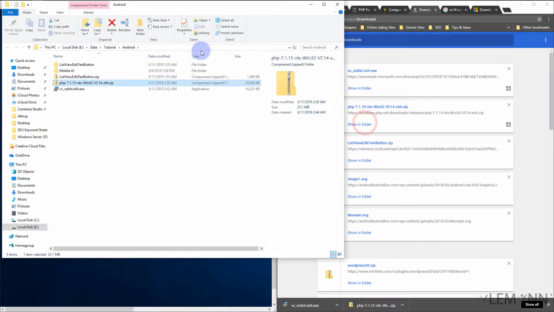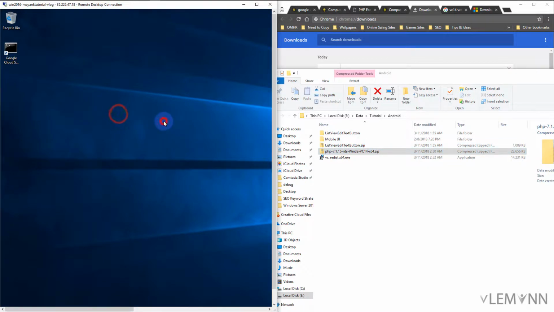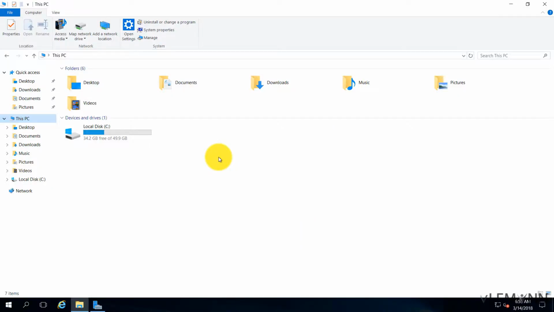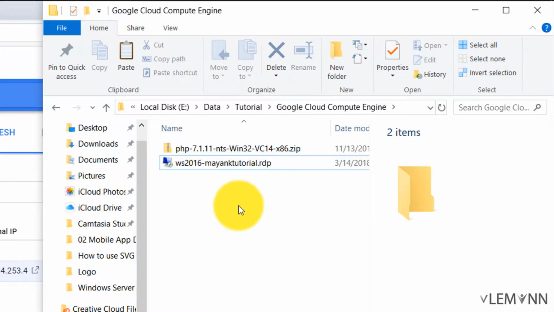Now I'm going to click on show in folder, and let's try to drag and drop it here. So we are not able to drag and drop it. How to share our local drives so we can copy files from our local drive. Right now this is our Windows server. Share our E drive, and then we are going to copy. We are normally going to perform a copy paste operation, so we can copy our PHP zip file from our local machine to server. For this we are going to modify our Windows Server 2017